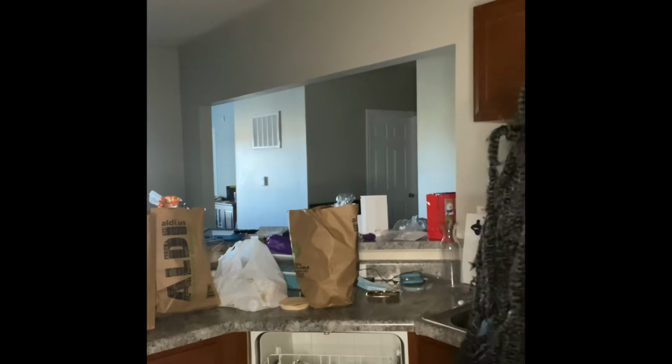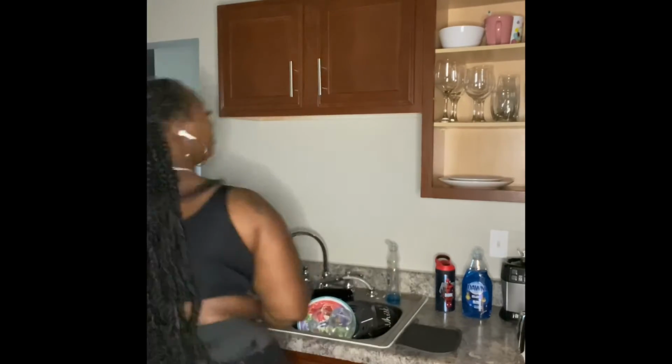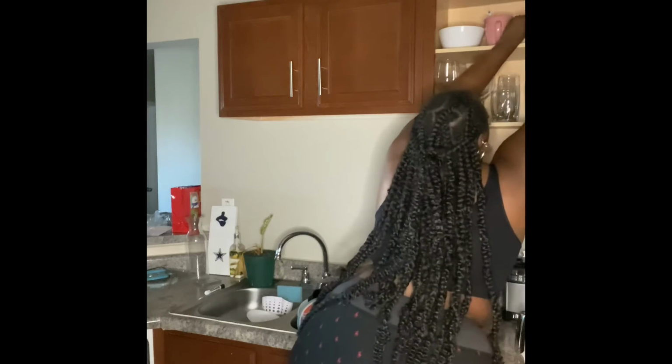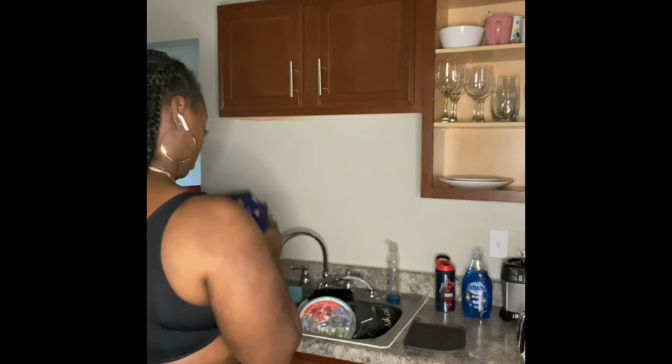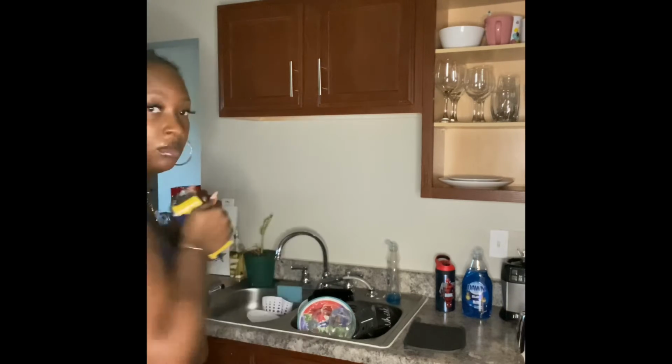Here I'm putting up some things from the dishwasher, because who washes dishes anymore? Only when I'm upset will I wash the dish, okay? Scrub it. So this is me putting things in the cabinet. I recently moved and am still trying to get settled in my new spot and get things how I like it. So that is what I am doing here. I'm pretty sure for the rest of the video,